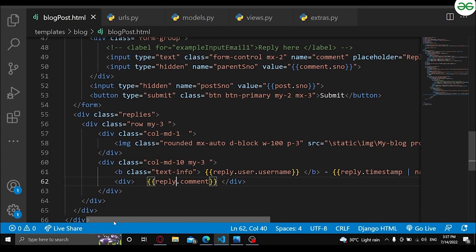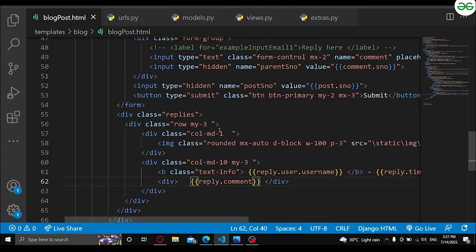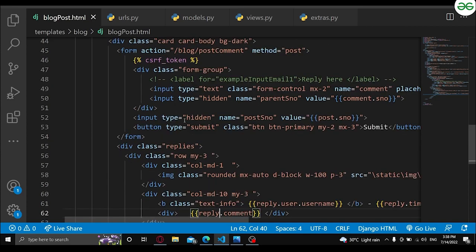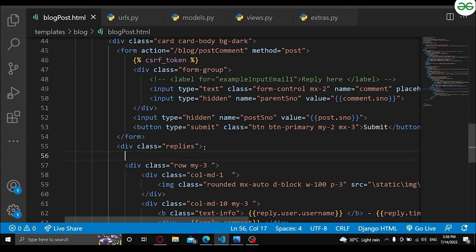I know things are getting a little difficult, because these last things are going to take a lot of time to understand. When I was learning and searching how to do all this, it was pretty difficult for me. But don't worry, as you practice and read the documentation, you will understand. So now I have written the CSS, but